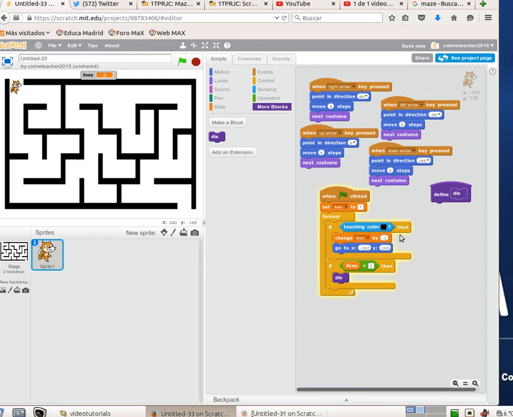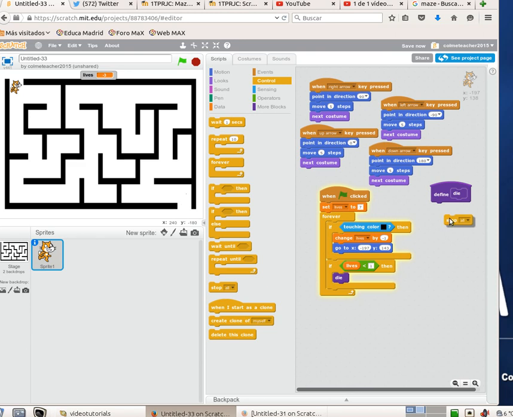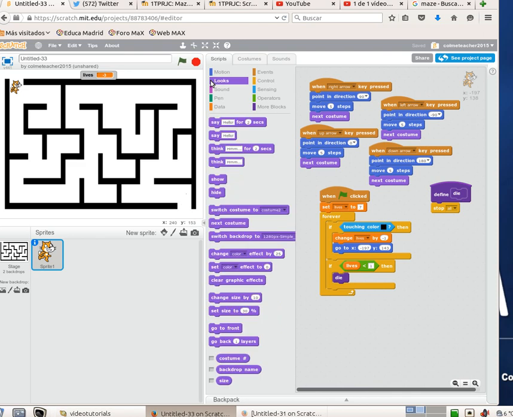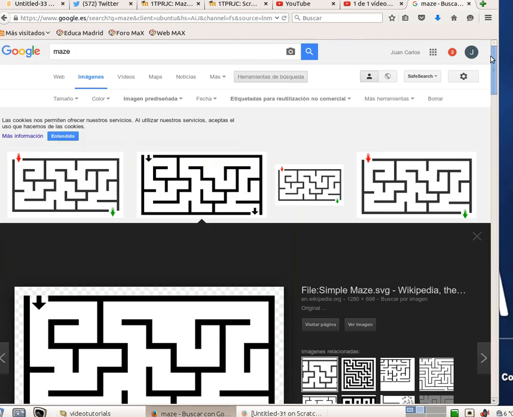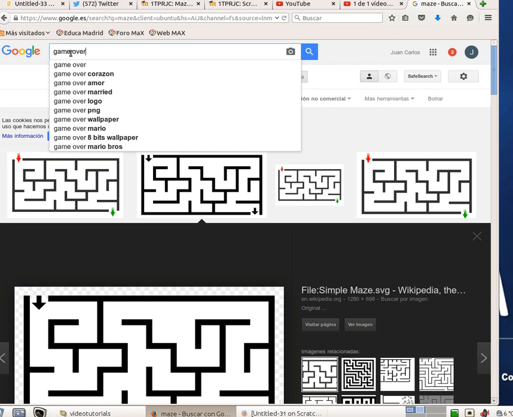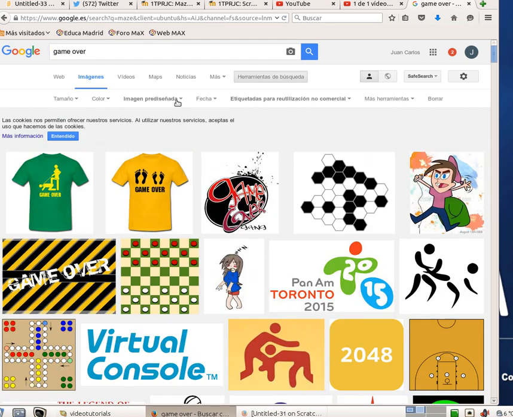And dying would include maybe stopping all, like this, and then maybe some graphic change in the cat, like hiding and maybe including a game over screen. So let's get a game over screen. So I get back to Google Images and Google game over. For non-commercial use,